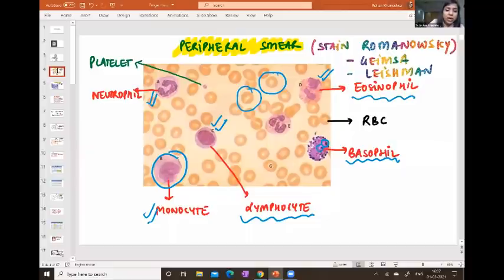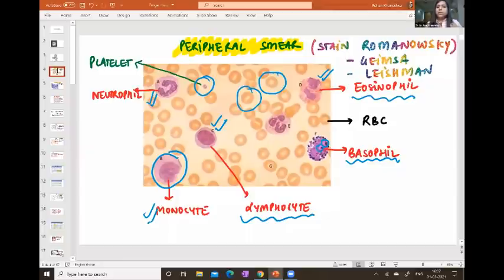Lastly, another thing which I see on the smear is platelets, right? The platelets are very, very small, bluish colored particles, which will be seen, right? So this is a normal peripheral smear, which will show RBCs, WBCs, and platelets. Now, in today's session, what we will be seeing is if there is any abnormality in the RBC, WBC, or the platelets, you will be able to see it on the peripheral smear, right?